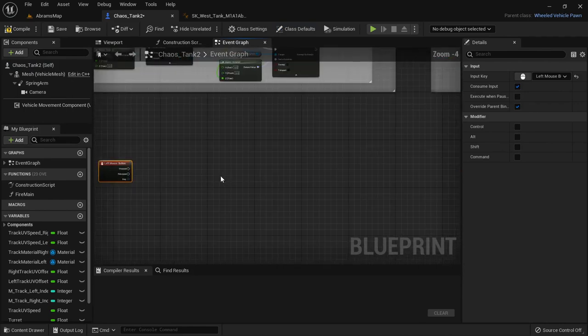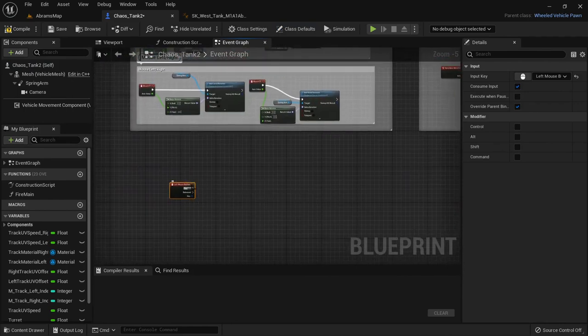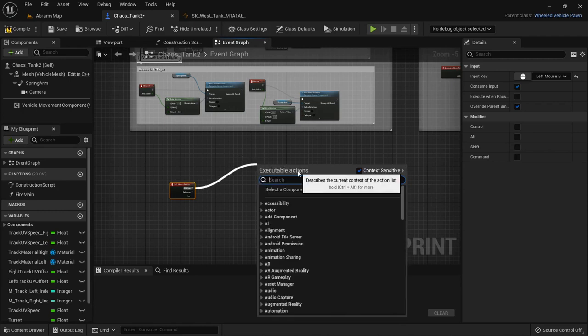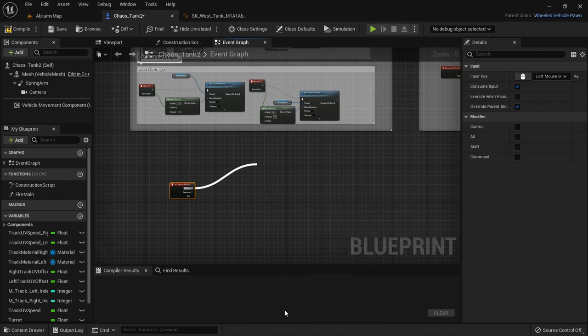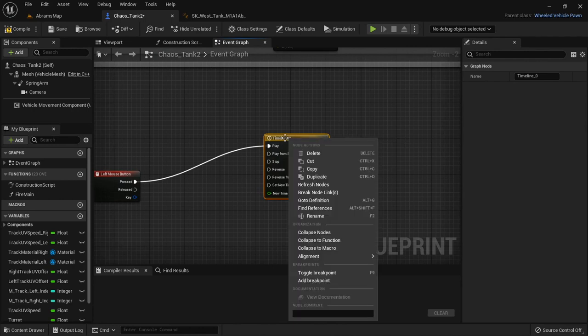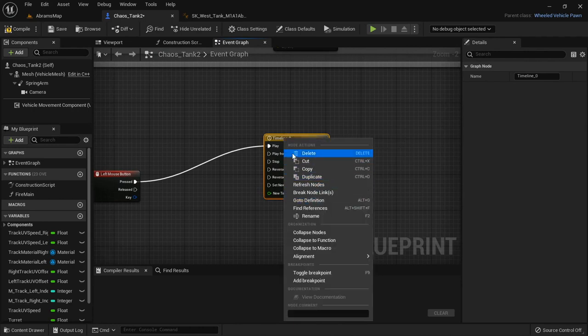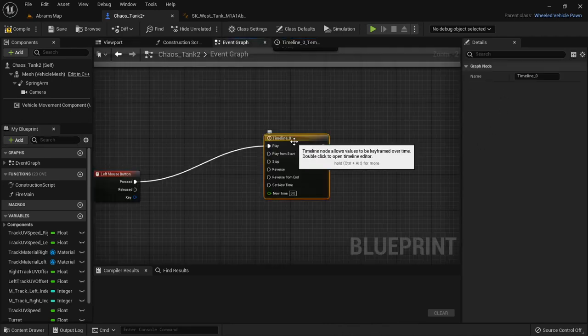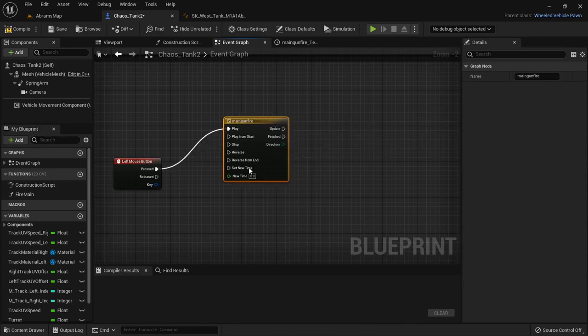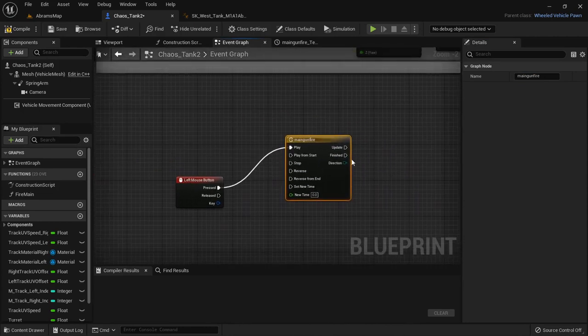Okay, and then the way you do this is we're basically pressing one button and it's going to be a sequence, an animation sequence. Although we're doing it in this main blueprint, we're going to be using what's called a timeline. Okay, and then I'm going to rename this timeline to main gun fire. Then you can see that this is a little bit different of a node. If you double click it,